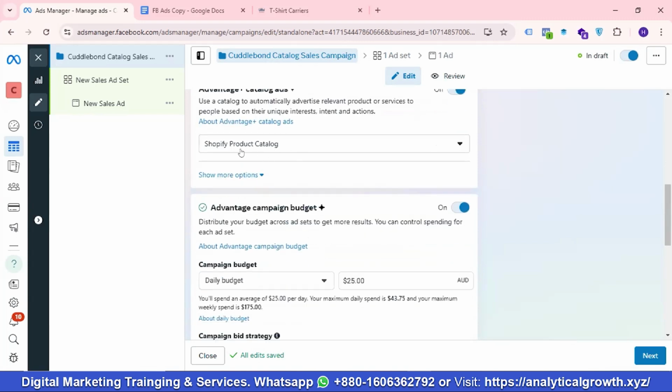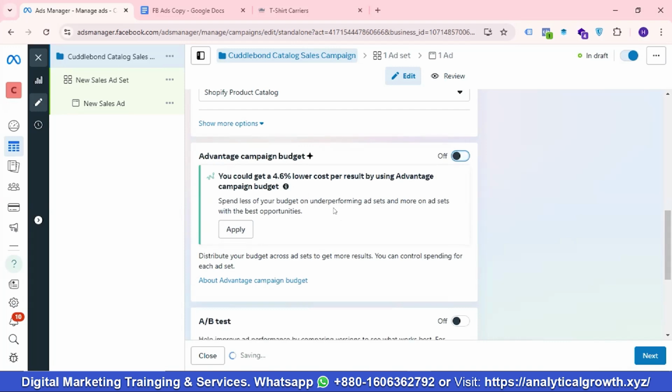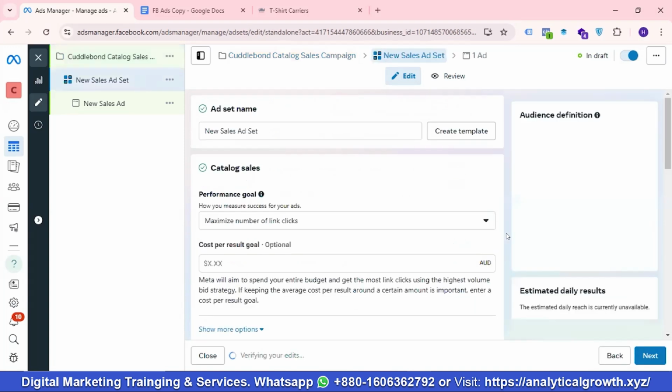Okay, you can see over here, this is my product feed or catalog. Okay, perfect. Then if you want to use advantage campaign budget, you can do that. Actually, if you use multiple ad groups, then you can enable this option for A/B testing, which one is performing well, then Facebook will spend more to that specific ad set or ad groups. So for the time being, I'll disable this option and I'll click on next because I'll be creating only one